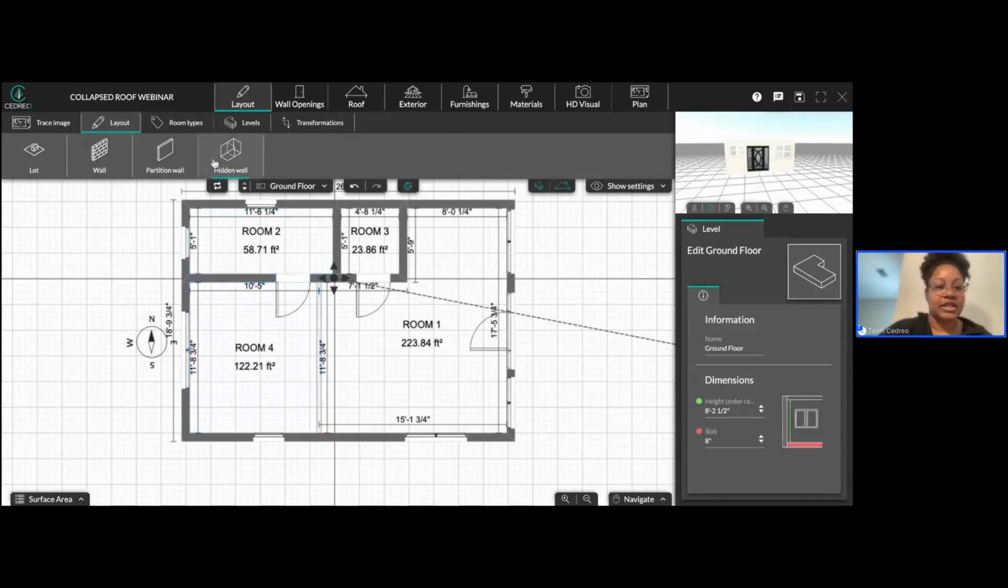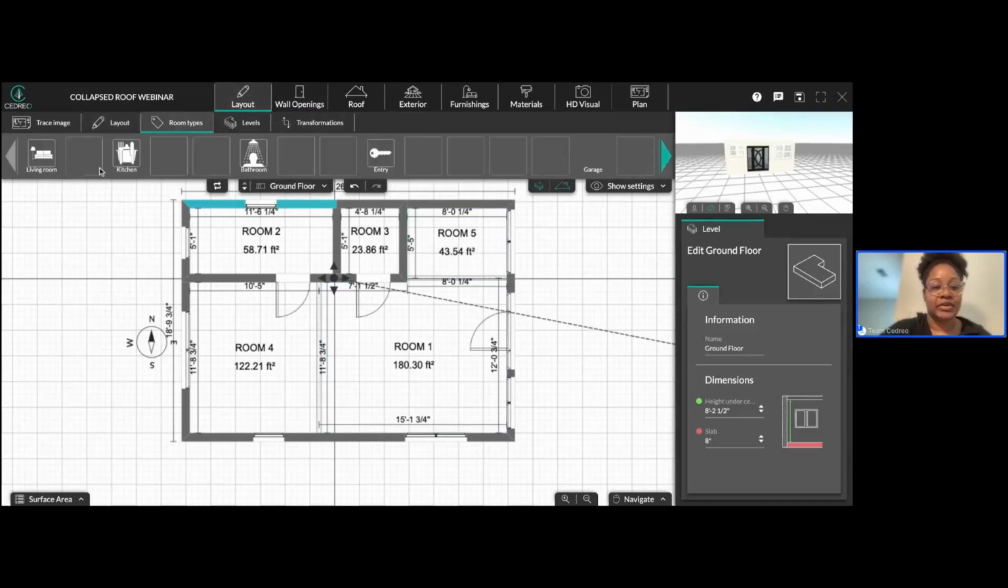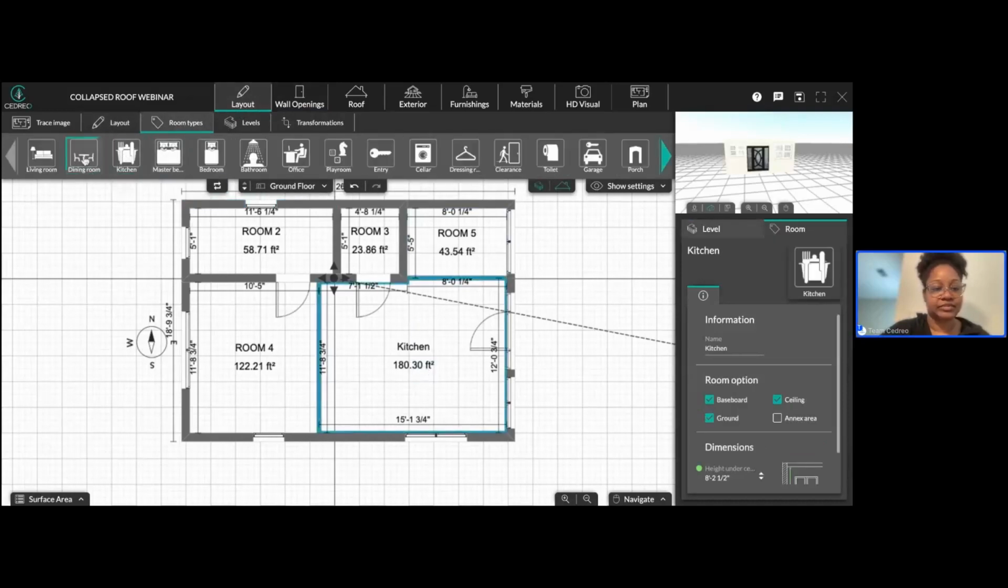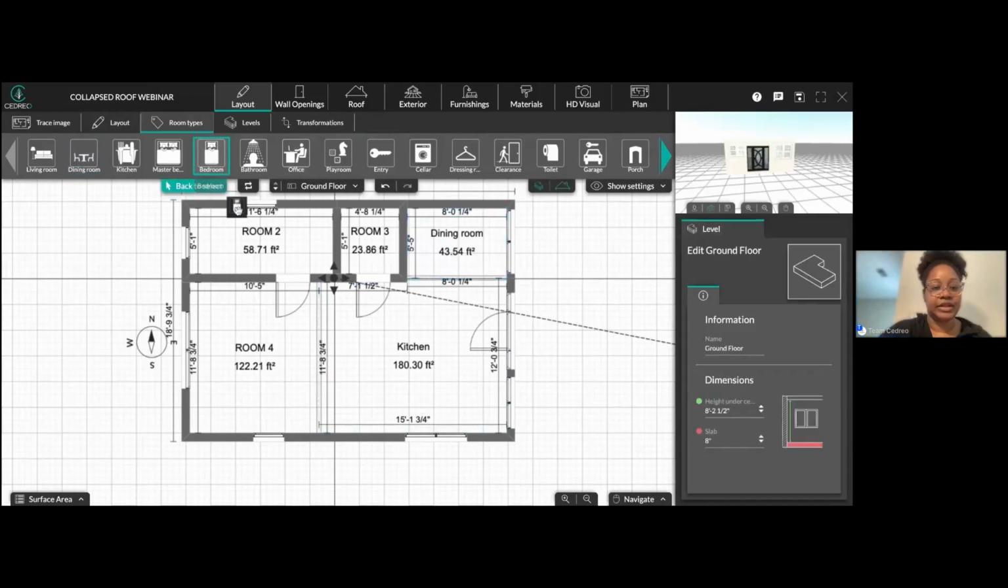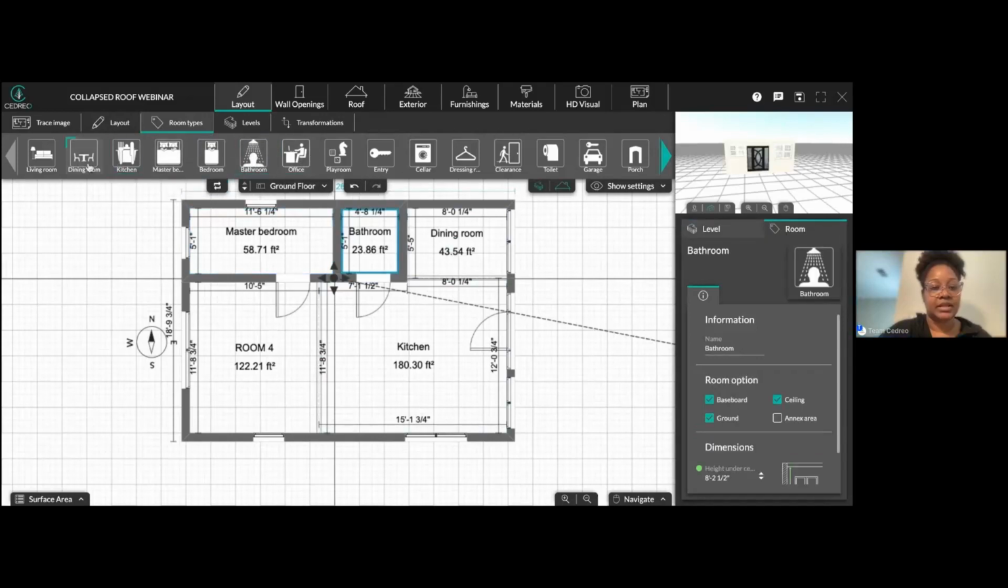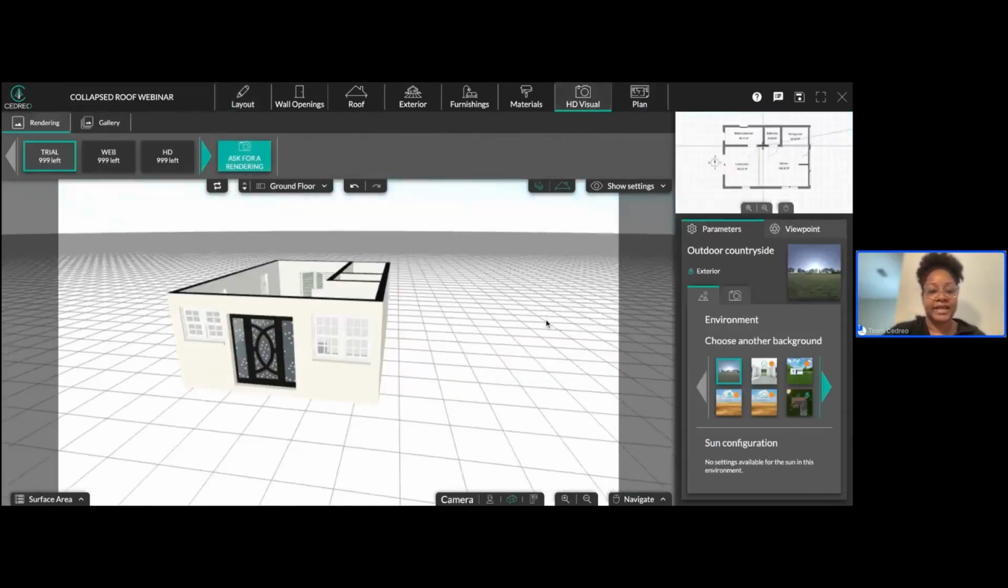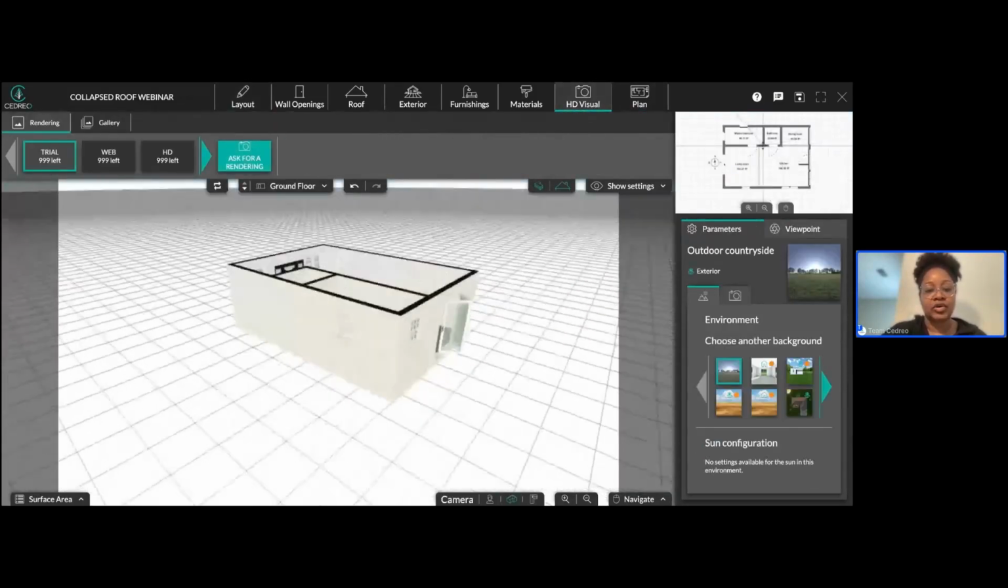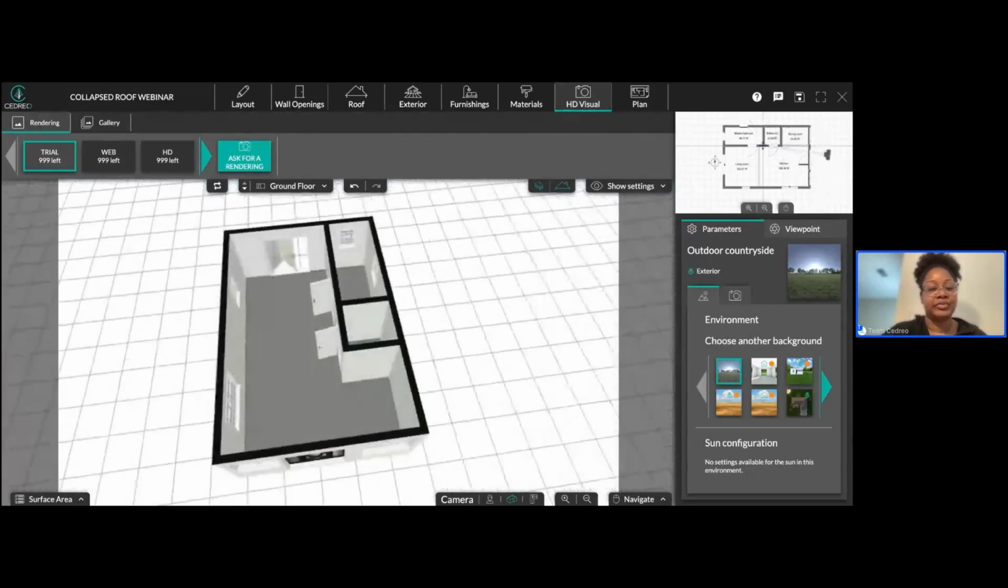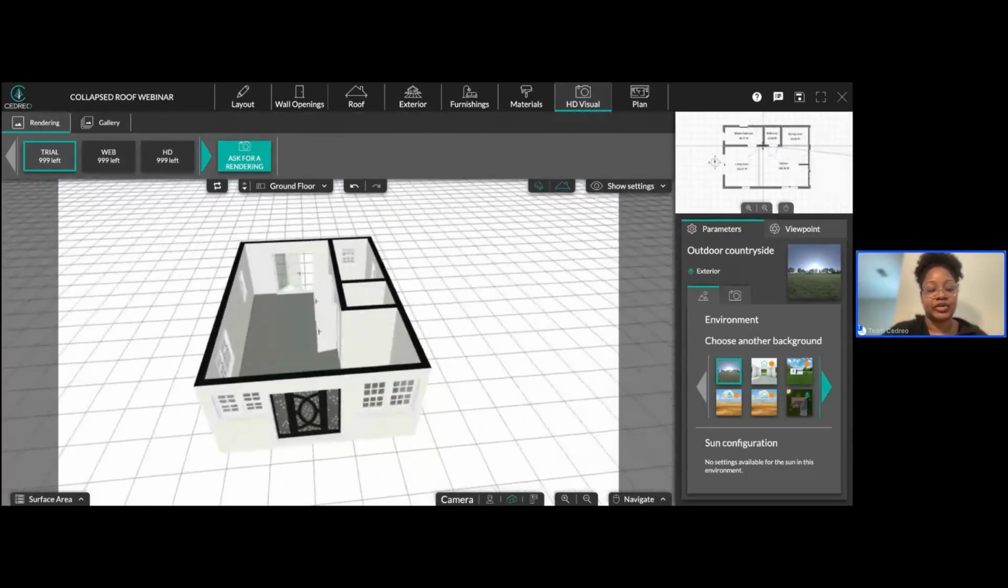This is the dining room, and this is like the kitchen sitting area. Let's change it up in room types. Kitchen, dining room, bathroom, and living room. All right. So now we have a basic one level home with a bathroom, a kitchen area, and so forth, living room